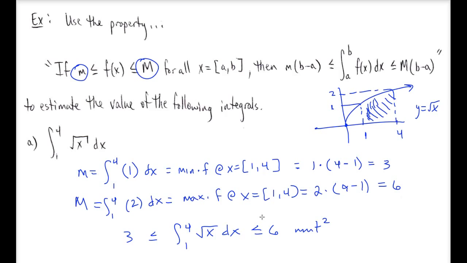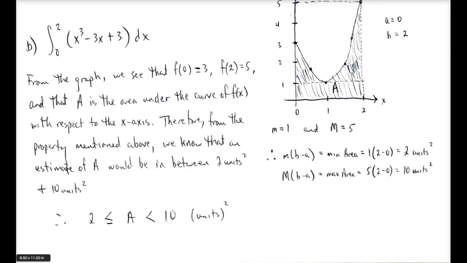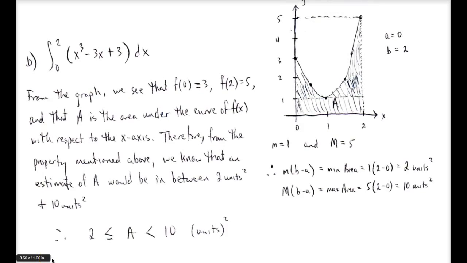We also know that the more Riemann sum rectangles that we stuff in between from 1 to 4, the more accurate we'll get. But based upon our limits of integration here and what we're being asked, we just know it's going to be somewhere between 3 and 6 square units. All right, so in our next example, we see that this one's already worked out, but it's